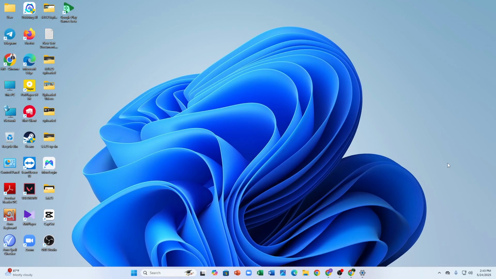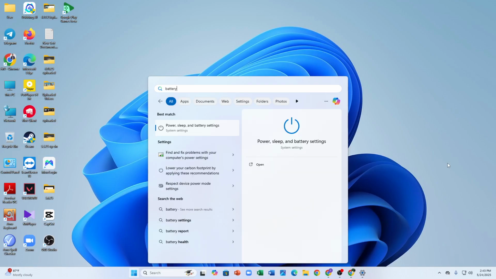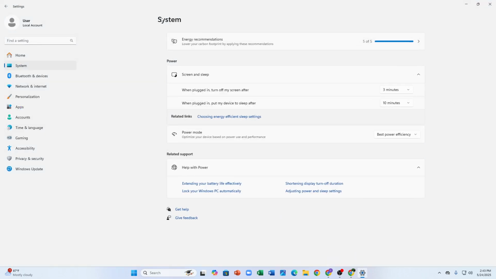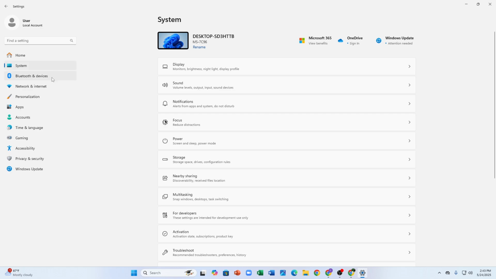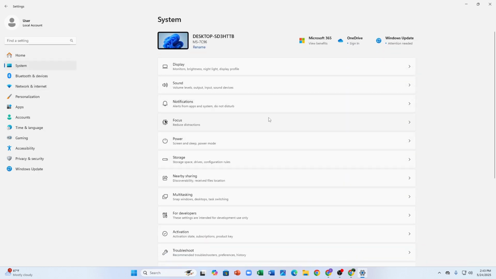So first of all, you need to click on the Windows button and search for battery, and as you can see the best match is power, sleep and battery settings. You have to just enter, and inside that you can see the option like